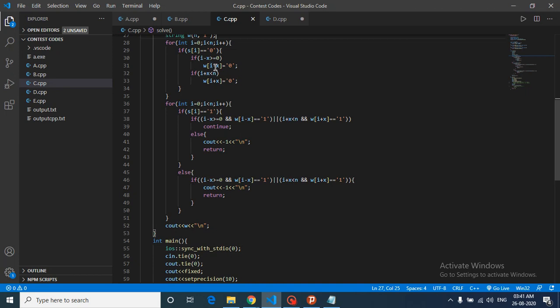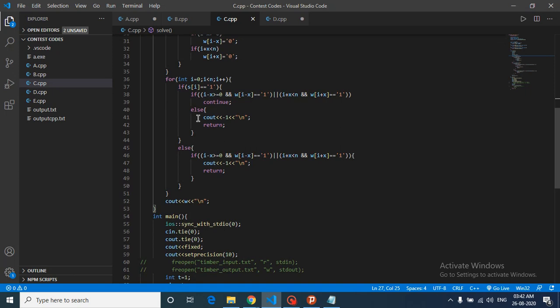That is, I have populated a W using the original constraints which are given, and I cannot find this condition holding true, so the answer is -1. There cannot exist a W. Or else if Si equal to 0, then I minus x and I plus x cannot be 1. If any of them is 1, then this is also a false statement, because for 0 both of these positions should be 0. If it turns out to be 1, this is also false, so we will return -1. We return -1 if we hit any of these conditions. Else if we come out of this loop without hitting the -1 condition, the answer is this W.